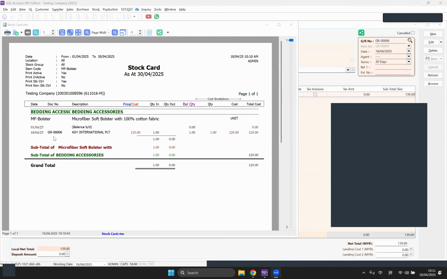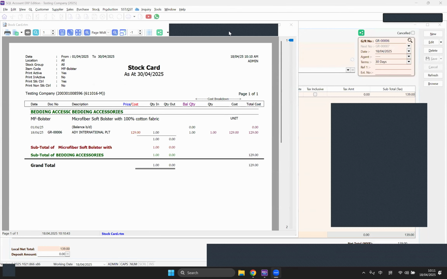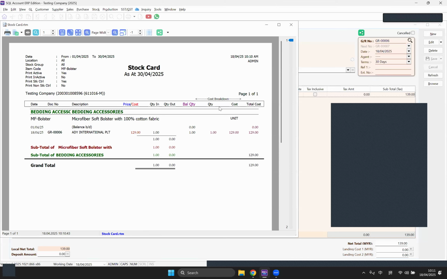For GR number 6, you can see on my right-hand side it is number 6, for this item. We issued it to this supplier. You see the costing system captured about 129 per unit, and the cost breakdown is also captured as 129, which means that if we choose the costing method as fixed costing,